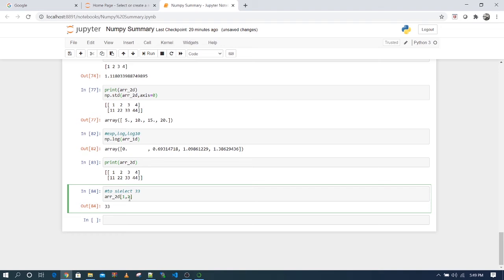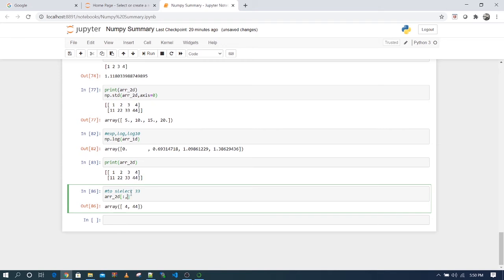Similarly, if you want all the elements, then you can use colon, so it will print the first row entirely. If you need the third column and all the rows, then you can use this. Third column means fourth column because index starts at 0, so that's why it printed 4 and 44.